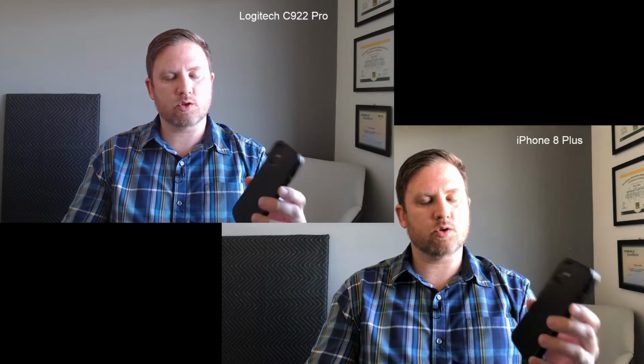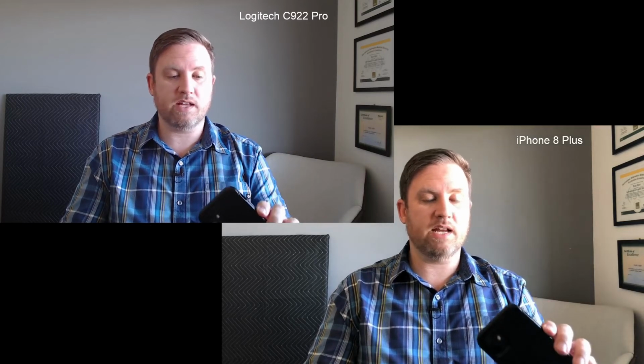And like I said, these are both fairly old products. The C922 Pro from Logitech came out in 2016. The iPhone 8 Plus came out in 2017. Obviously, the camera in the iPhone has come a long way. I've got an iPhone 12 right here that I'm about to retire to get the new iPhone 14. So this iPhone 12, which has an even better camera than the iPhone 8 Plus, will probably become my next